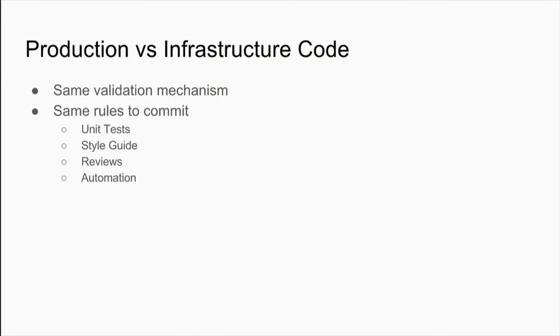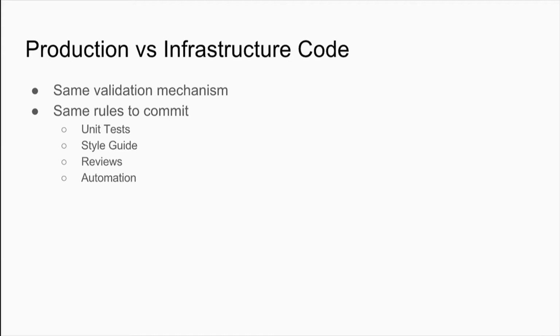So one of the things that we like to do, at LinkedIn at least, is all of our infrastructure code also has unit tests to go with it. Maybe not 100%, but we do what we can. We have a style guide that gets applied. So if I make a change to the code base and I push, and that validates the style guide, my commit gets rejected straight away. Doesn't go through CI, does not pass go. I have to fix it. We go through 100% review, so if I make a change, I can't just push something simple in. You have to go through and review the change. Someone else has to do it and validate that what's happening is good and it's not going to break everyone else. And finally, we automate.